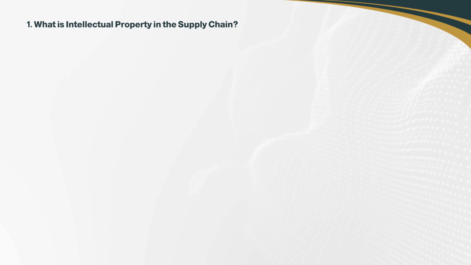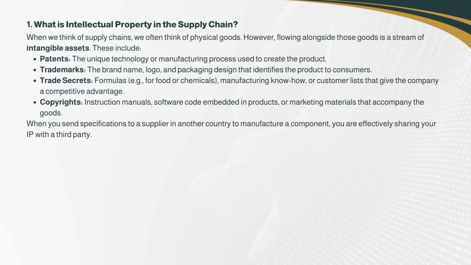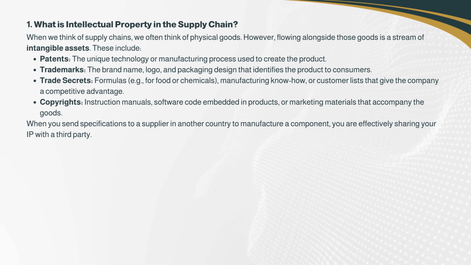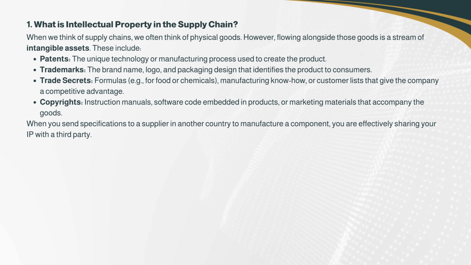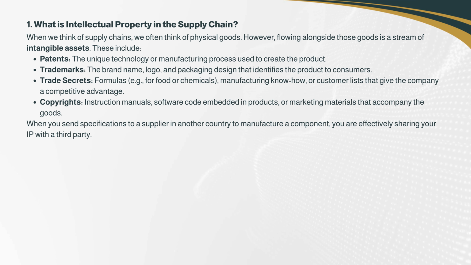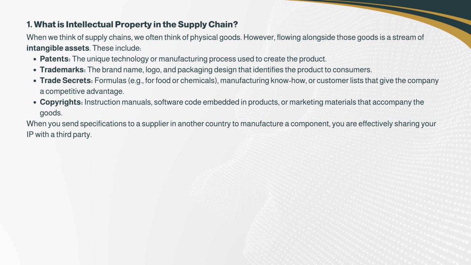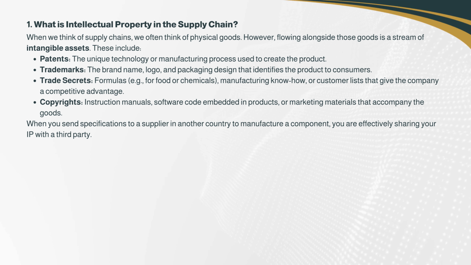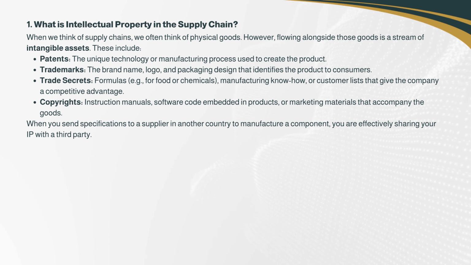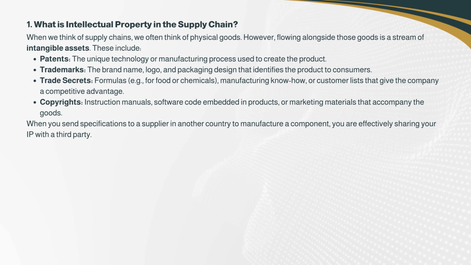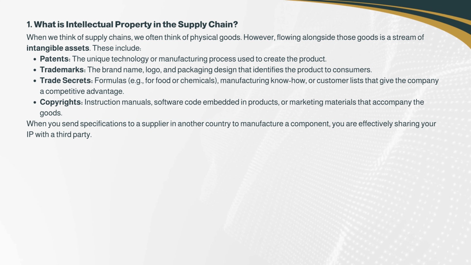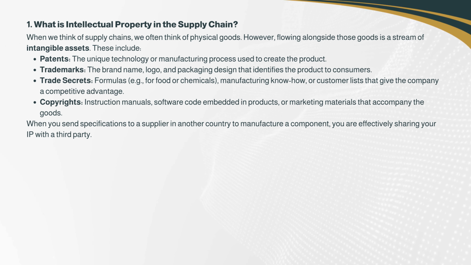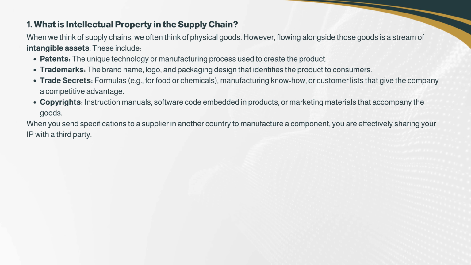1. What is intellectual property in the supply chain? When we think of supply chains, we often think of physical goods. However, flowing alongside those goods is a stream of intangible assets. These include patents, the unique technology or manufacturing process used to create the product; trademarks, the brand name, logo, and packaging design that identifies the product to consumers; trade secrets, formulas, e.g., for food or chemicals, manufacturing know-how, or customer lists that give the company a competitive advantage; copyrights, instruction manuals, software code embedded in products, or marketing materials that